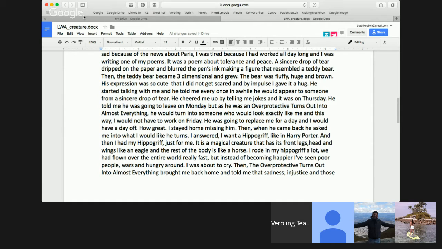Then, when he came back, he asked me into what I would like he turns. I answered, I want a hippogriff, like in Harry Potter. And then I had my hippogriff just for me. It's a magical creature that has its front legs, head, and wings like an eagle, and the rest of the body is like a horse. I rode in my hippogriff a lot. We had flown over the entire world really fast,